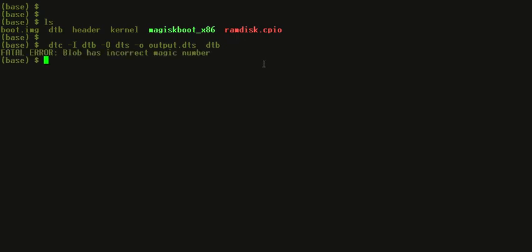I'll press enter. Okay. As we can see, we are getting an error. It says blob has incorrect magic number. If you face any error while decompiling, any error related to format, then maybe you need to first change the format of this DTB. So let's do it.